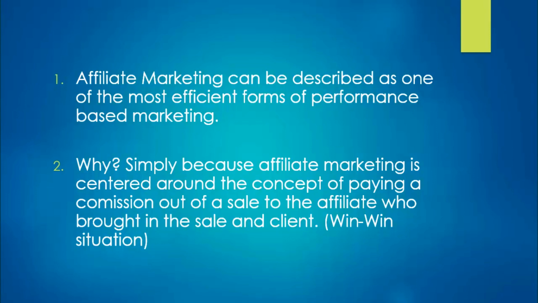In a traditional company, you have sales agents who are your employees and you pay them a commission for the sales that they make every month. The only difference between affiliates and salespeople is that affiliates are not your employees, and they can choose this month to bring you 100 sales and get paid for that, and in the next month they don't have to bring you any sales at all. It's not necessary. So that's the difference.